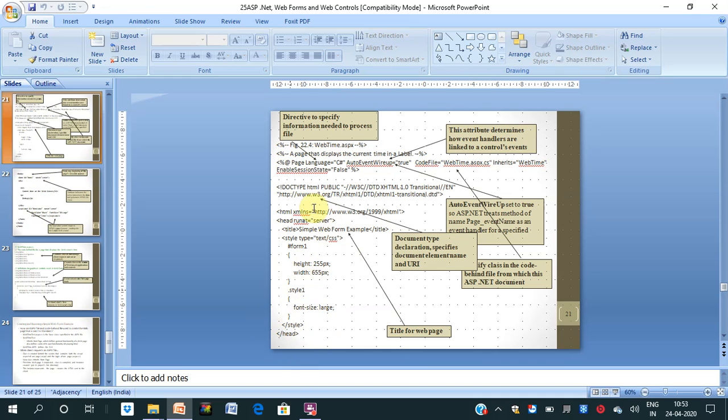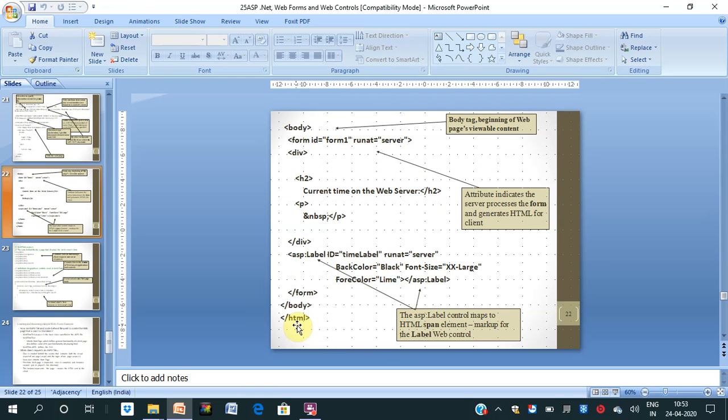So this is the cascading style sheet, style type text/css, and this style is closed here. And then after closing the style, now we have started the body, and inside this body we have the form started from here and closed here, and inside the form we have division. Inside the division we have heading 2, and then we have only one label.